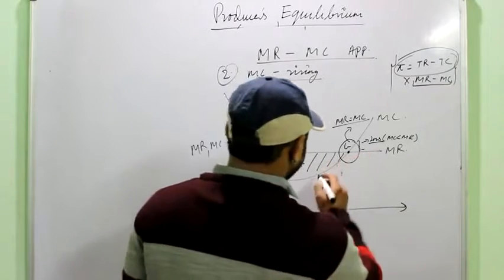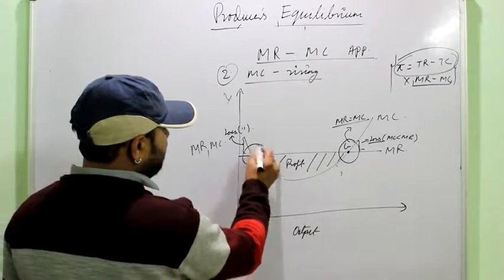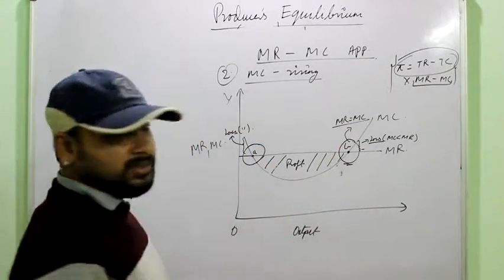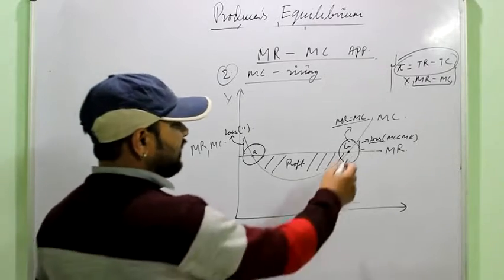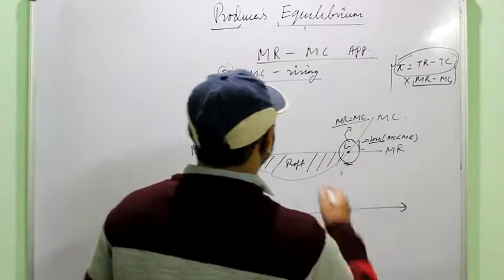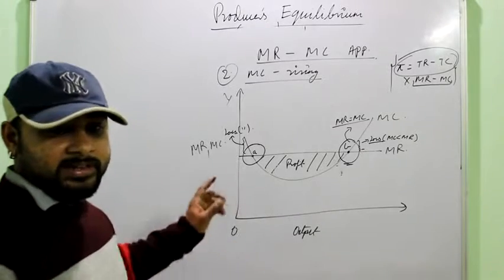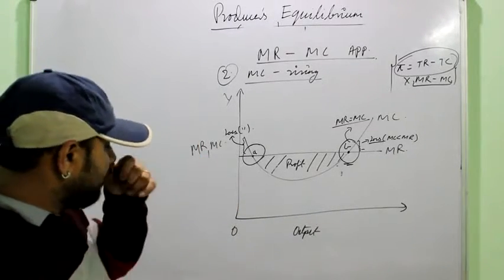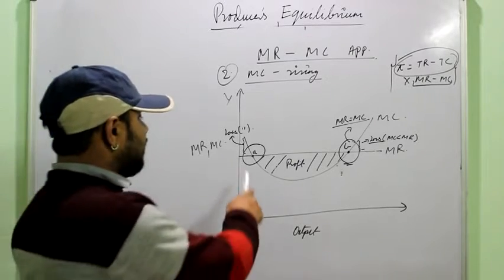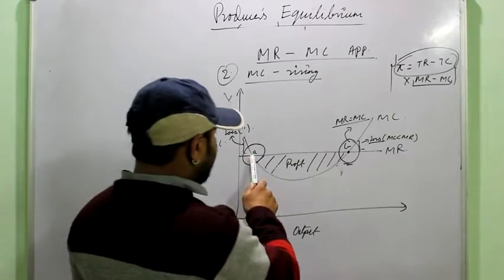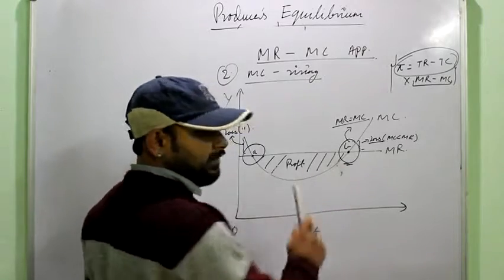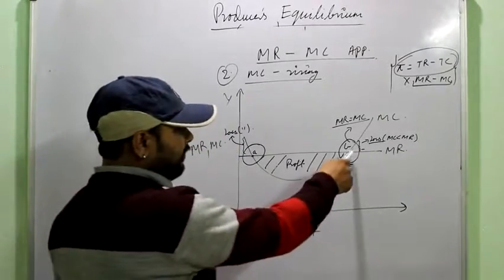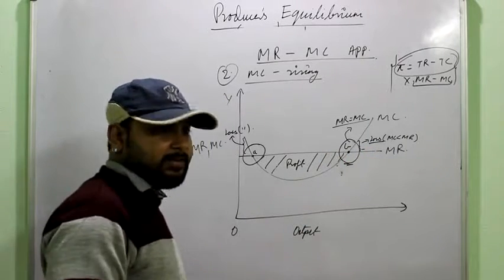Okay, so we can simply see that there are 2 points A and B where MR and MC are equal, but the equilibrium is established only when MC starts rising, right? So for explaining this condition, again you need the diagram. You have to draw the diagram if this particular condition is asked, and you have to explain the whole thing, that the producer earns the profit from after point A, and for maximizing the profit he has to reach till point B, because after point B again the loss starts, right?